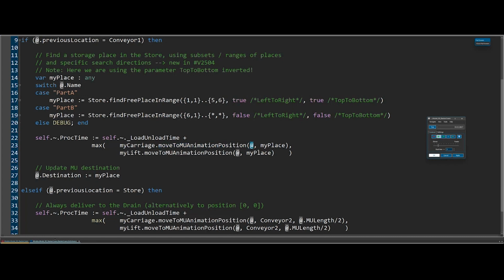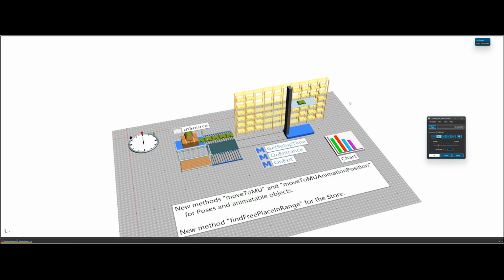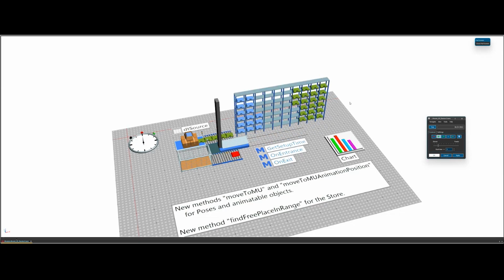I tell my animatable object what part it is I want to transport somewhere, and then also what is my target place, which in this case is the PE element of the store, so the XY coordinate position of the store object. And then again, Plan Simulation will automatically calculate where a certain rack or shelf, in this case, is located in space, and then move the animatable objects accordingly in the X and Z directions so that they align with the storage rack or storage shelf.